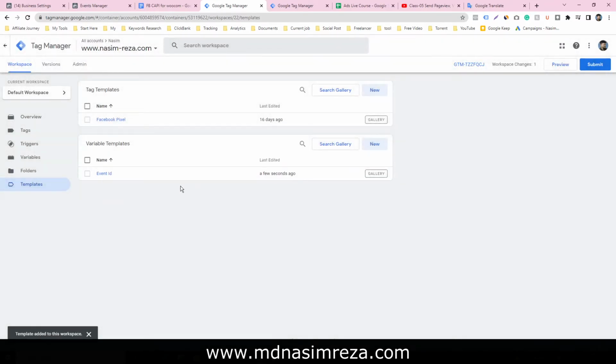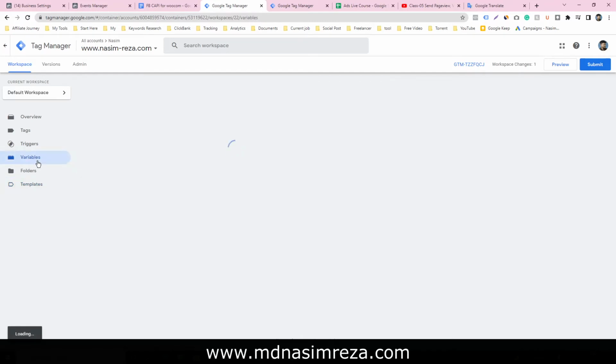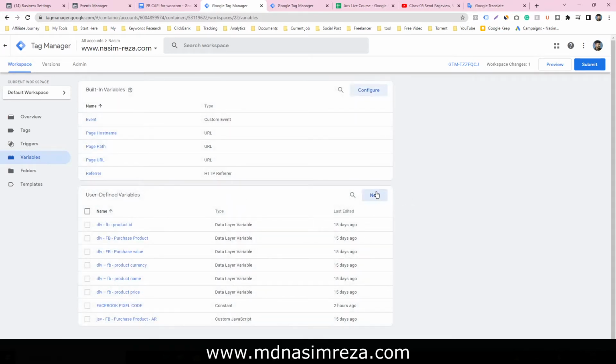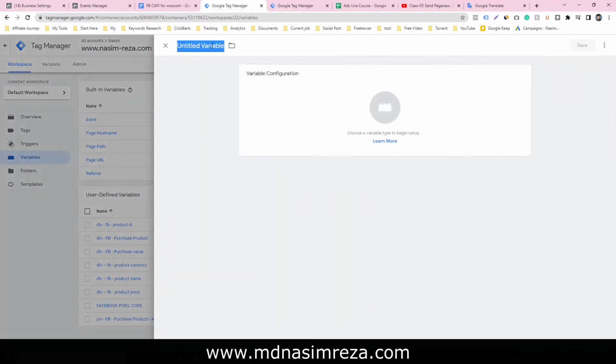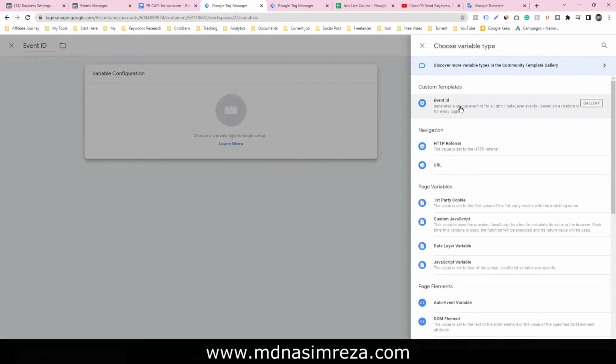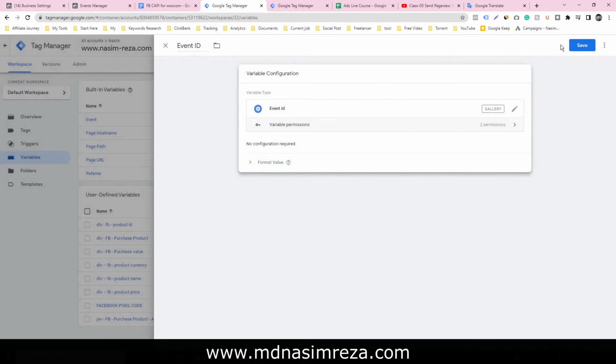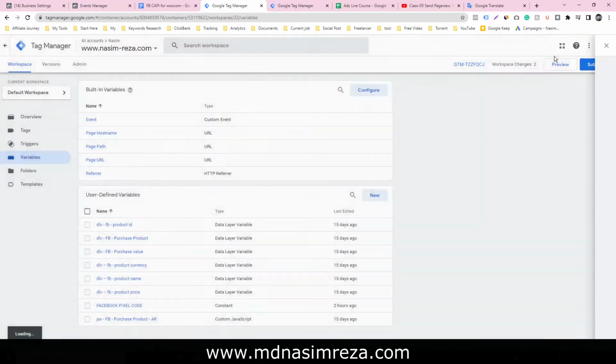So this is our template, and let's go to variables and make a new variable. It's called event id. Just select the event id and save it.